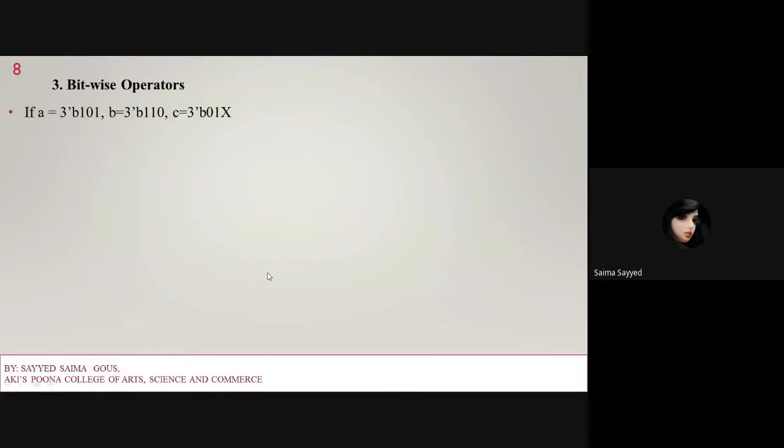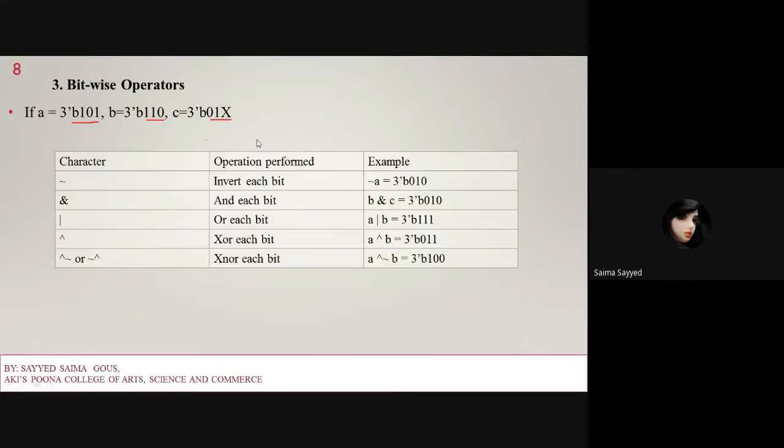So here, A is again a 3-bit binary number. A is equal to 101, B is equal to 110, and C is equal to 01X. So these are the bitwise operators. Bitwise operators won't give the value in 1 bit. They give as many bits as there are, 3 bits.